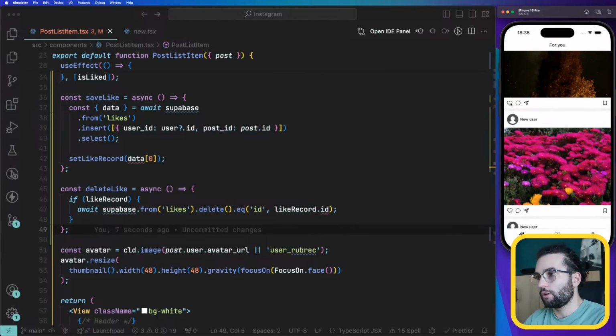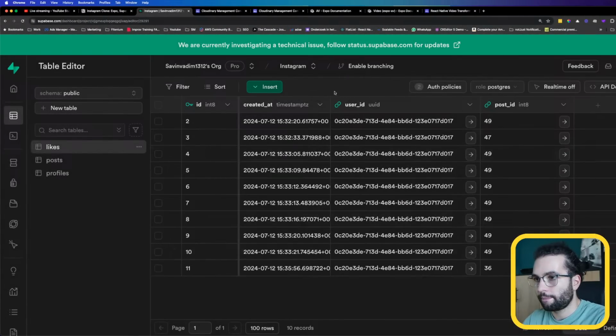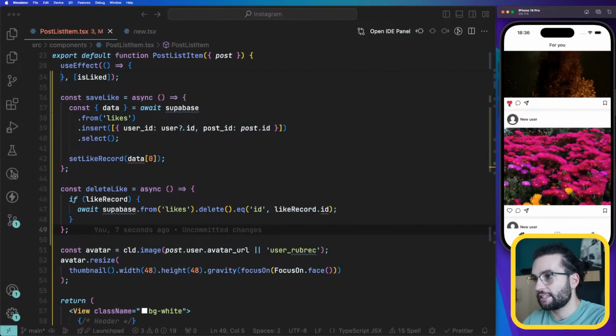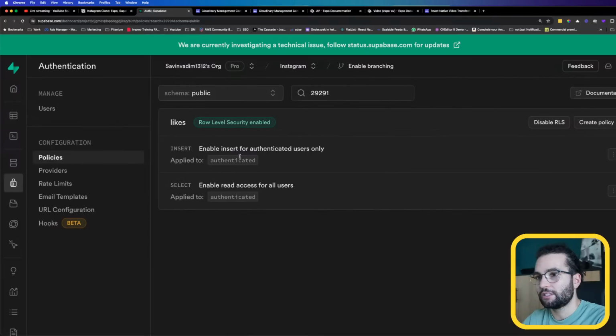We're gonna scroll down. I'm gonna press this one. It's supposed to add a new like with ID 11. I'm gonna press again. I hope it deleted. Maybe not, because we don't have a policy for that. So